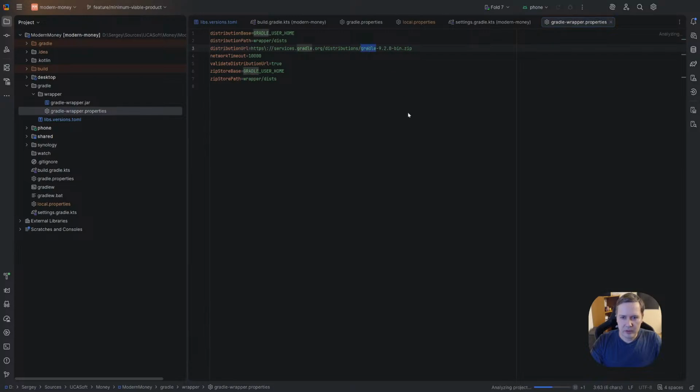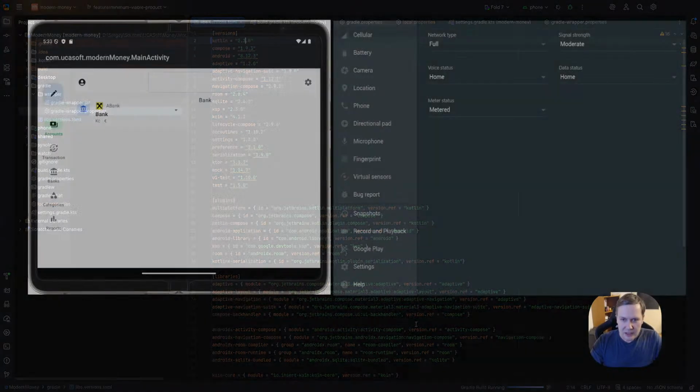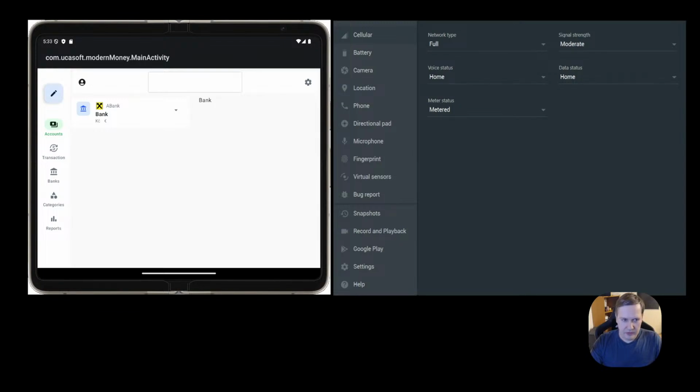And we also need to check Gradle. Do we have a new Gradle? It's 9.3.1 already. Okay, so let's do as usual. First we update Kotlin. I'm not sure why the icon changed, and right now it's not this arrow, but an update arrow. So you should see our beautiful Android emulator.